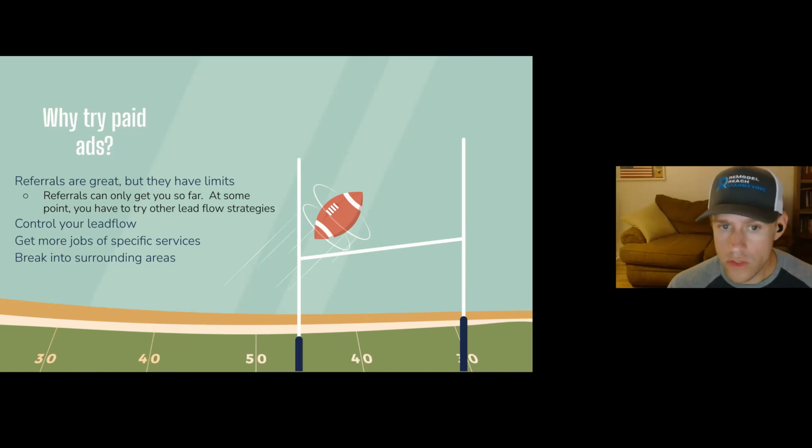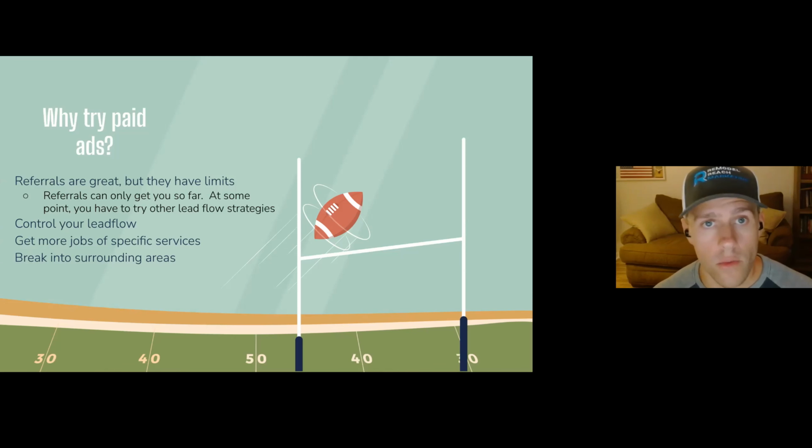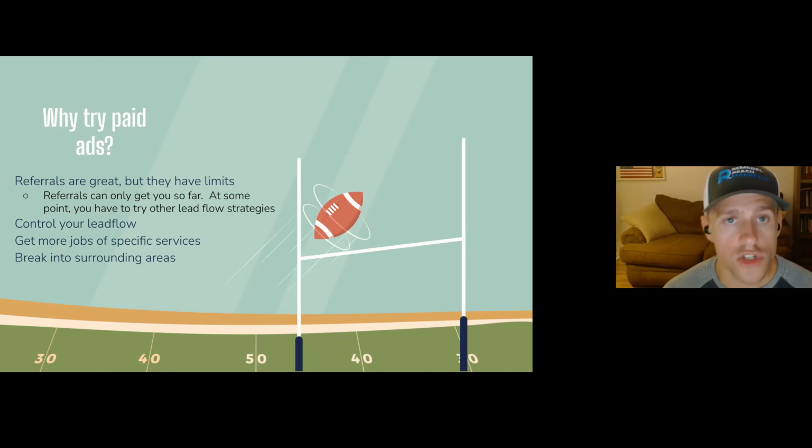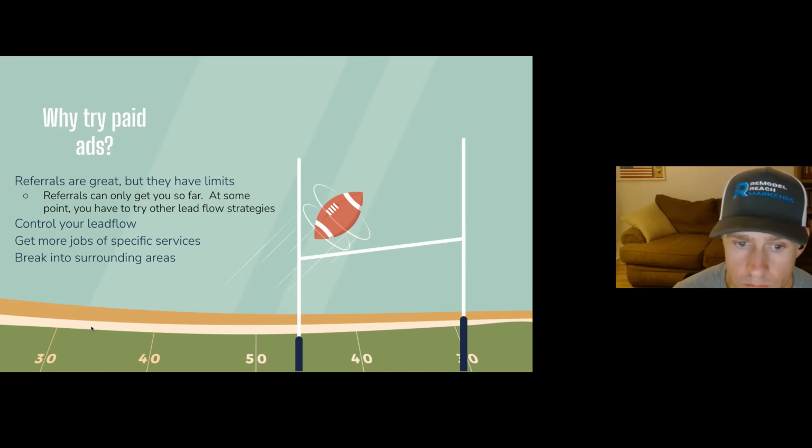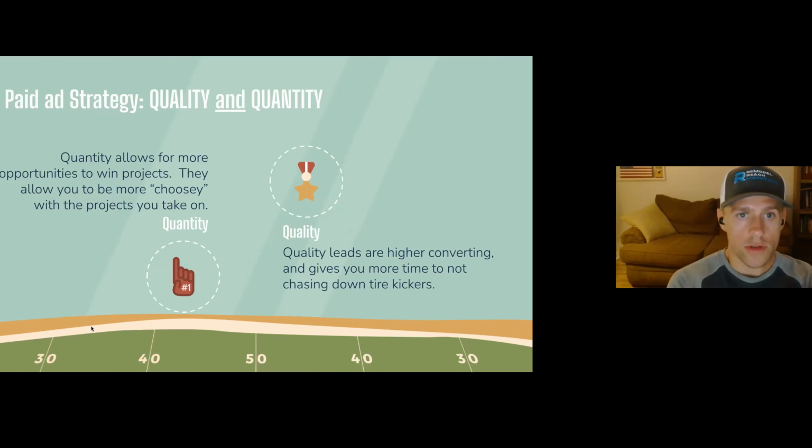You can get more jobs in specific areas as well. You can break into new markets. If you are doing some paid ads and you're breaking into a surrounding area, all you have to do is tell Google, tell Facebook, tell whatever advertising platform you're on that, hey, I want to be in this area. Show my ad in this area. And that's all you have to do. So those are some benefits.